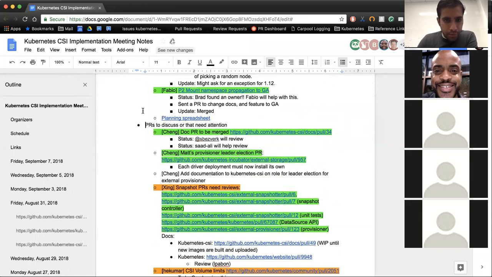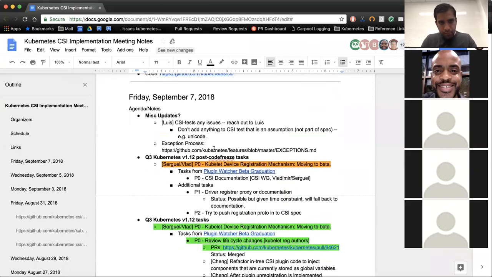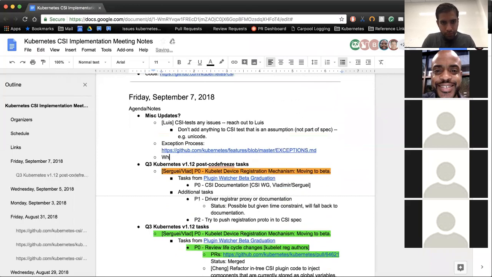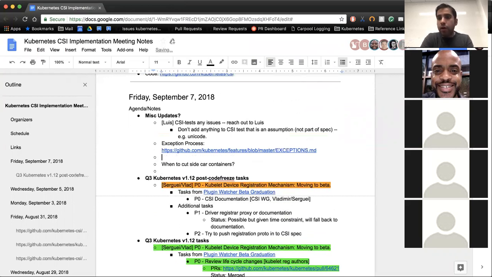Yeah, so basically we need to build some new images, and also because I think they already cut release 1.12, we need to update the vendor files, right? You need to refer to a specific version. Right now, some of those are referring to the master. Go ahead and update the sidecar containers to point to the alpha release of 1.12.